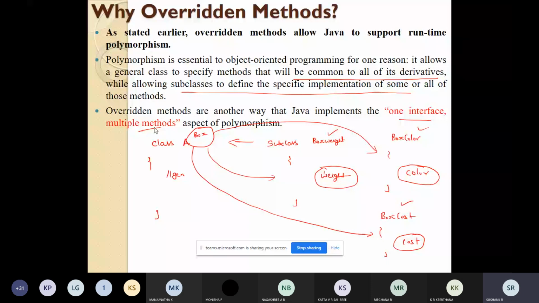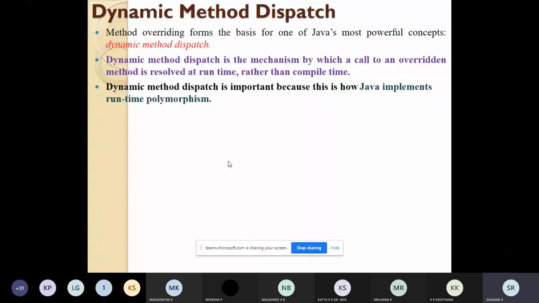You can have a method with the same name, and in the subsequent classes you can provide the class specific implementation. Like there is a class, so we will have one class called area. So this will be my general class. After that, I will create a class called square, so it is taking the features from the area class.